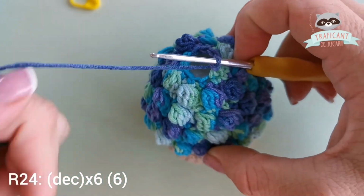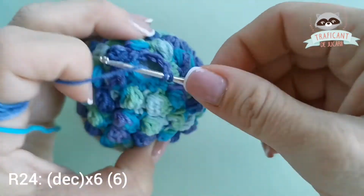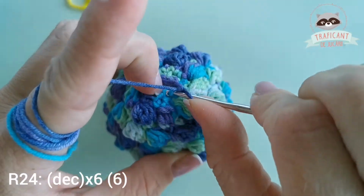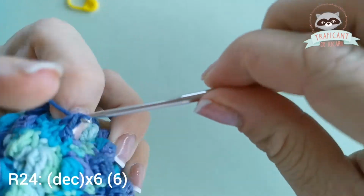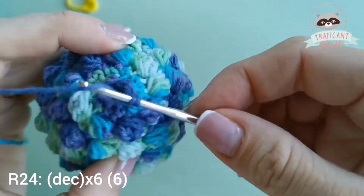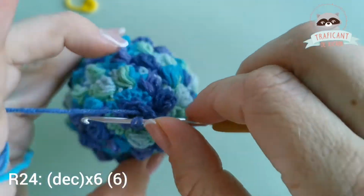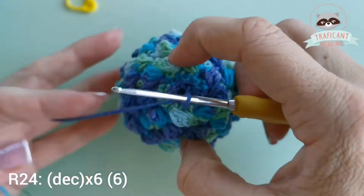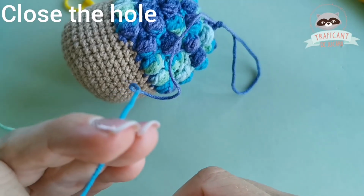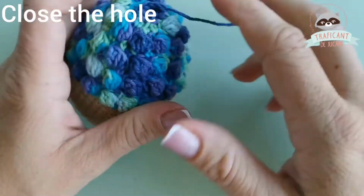2, 3, 4, 5, this would be my last one, and 6. What I do now is leave a longer yarn tail. I cut my tail, pull the yarn, grab a yarn needle,